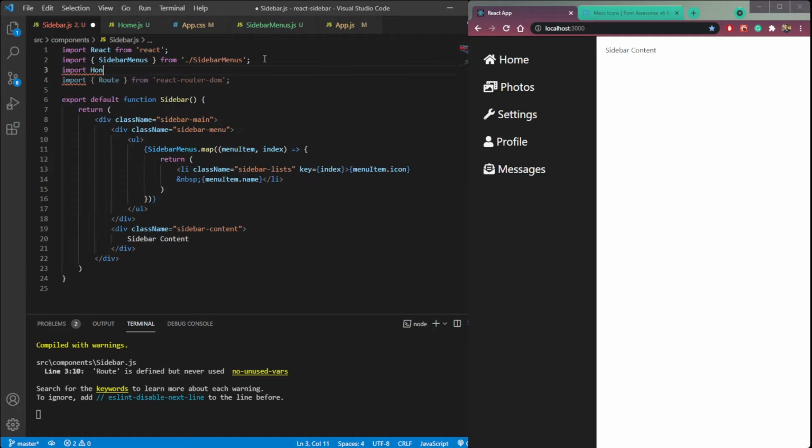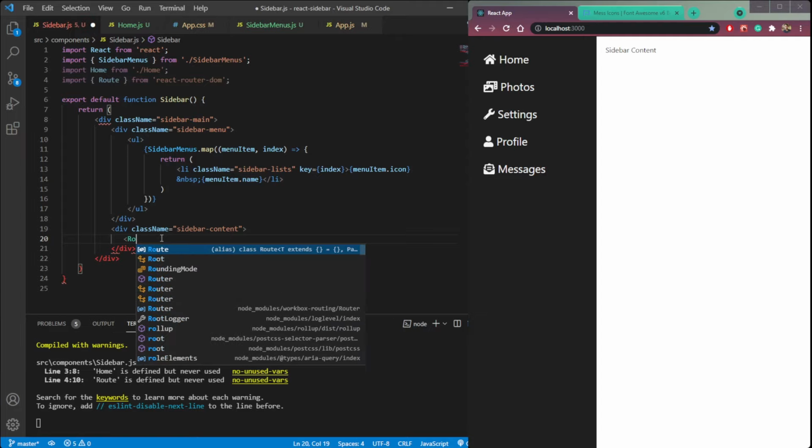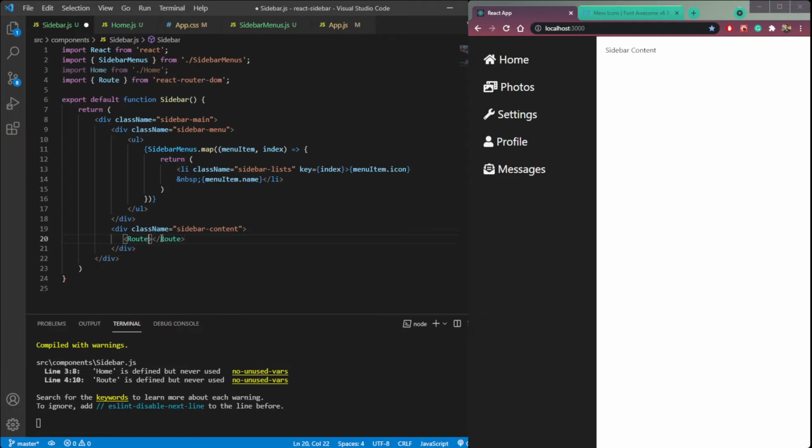So import Home from home, then we will use Route, this Route for routing to the home page. So in our sidebar content, use the Route, then path, for the path which will be just one slash.